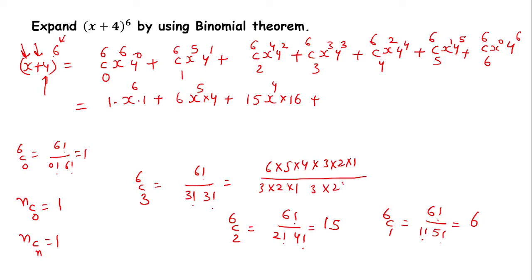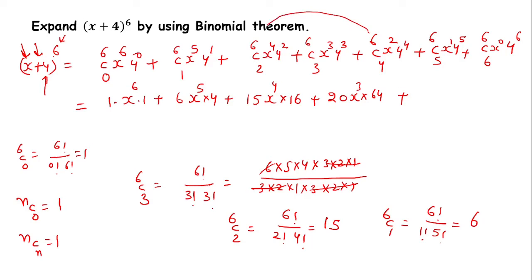Again 3 factorial, 3 times 2 times 1. So this 3 times 2 times 1 gets cancelled by this. 3 times 2, 6 will cancel 6. What is remaining? Only 20. So 20x cubed times 4 cubed. And 4 cubed is what? 64. Plus